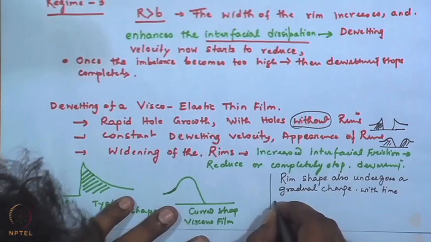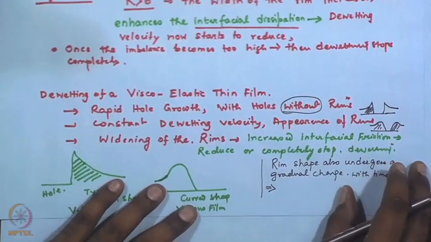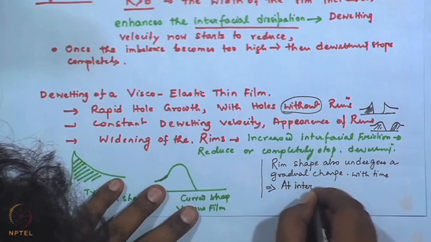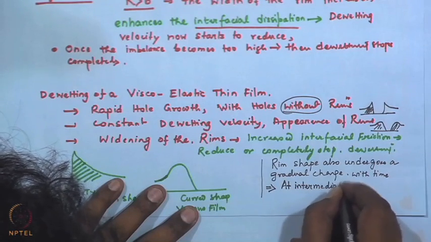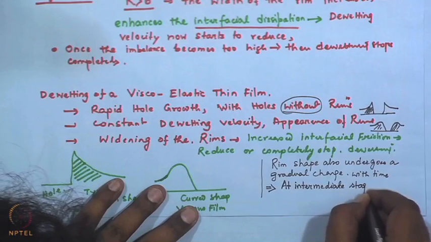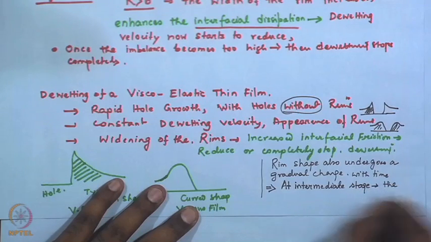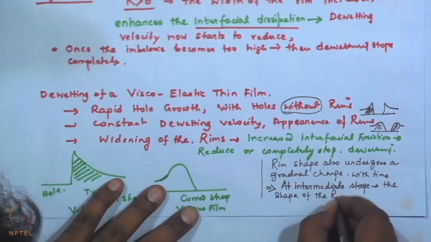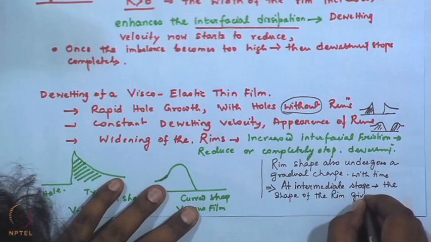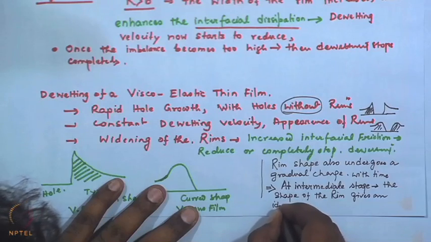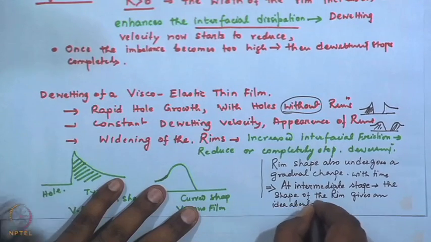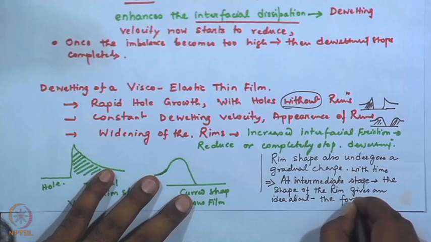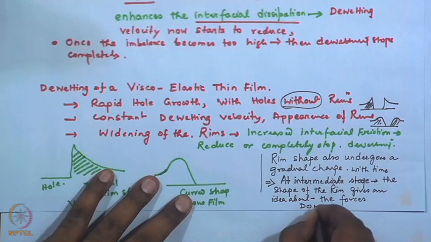So, at any intermediate stage, the shape of the rim gives an idea about the forces dominating